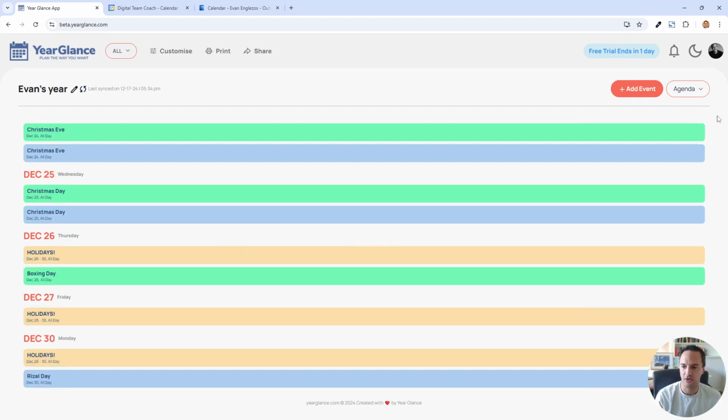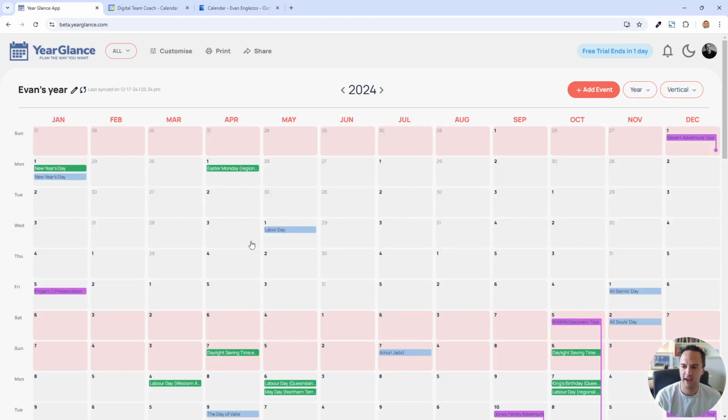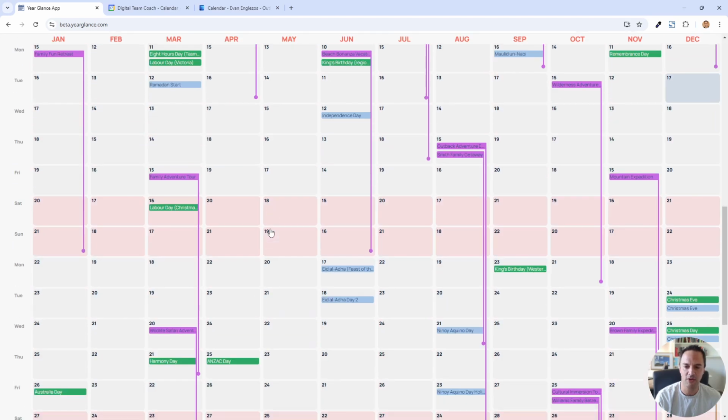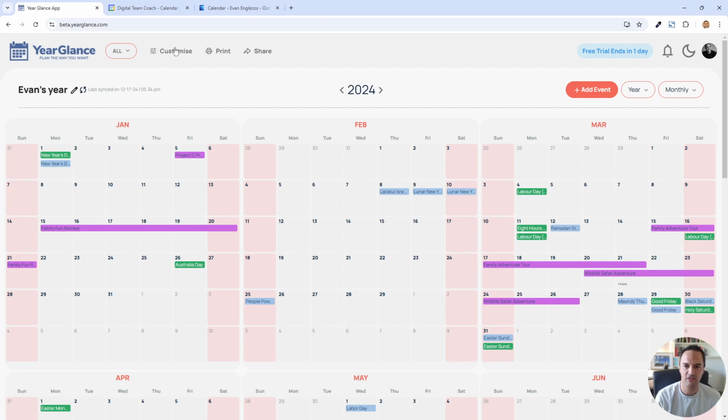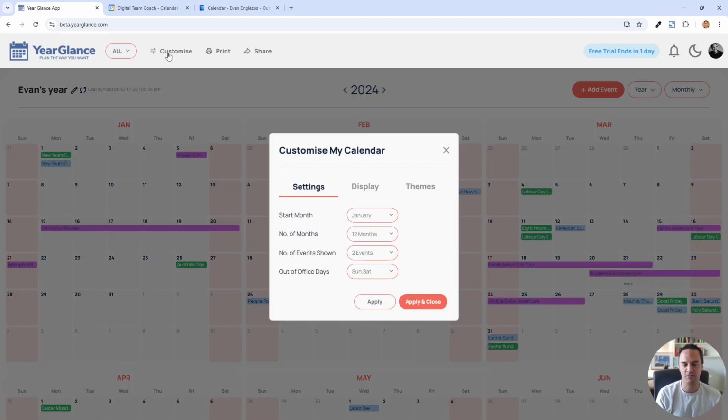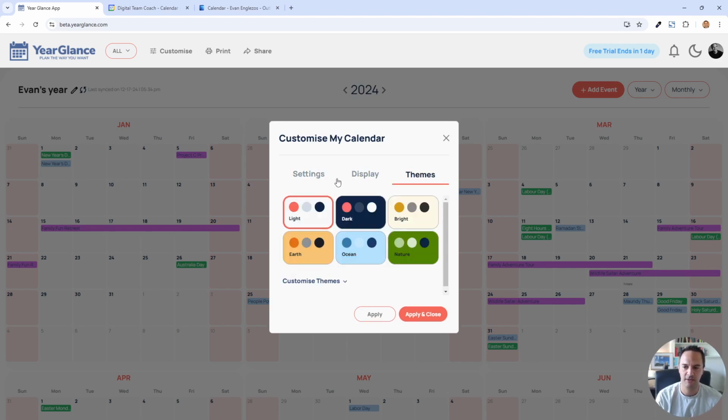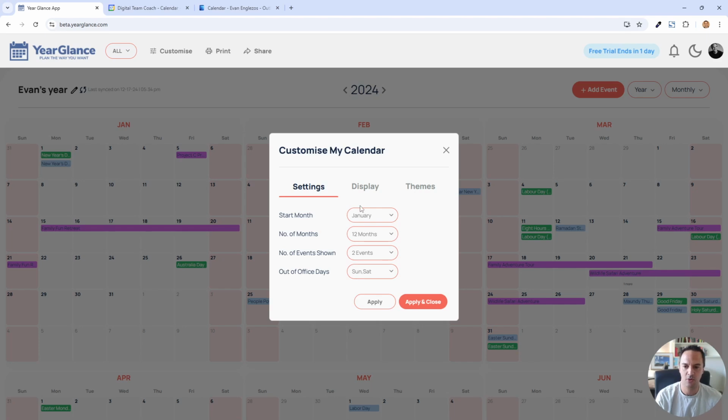All right. So let's now go back to the year view, and you may want to change the way that it appears more than just what we have in the view. So we'll go back to monthly just for now, and you've got customize. So we had customized settings in the old version, and here we've put them back in here as well. But what we've done is we've made it a little bit easier to find everything, because there were just way too many settings on the screen previously. So we'll take you through a few of these.